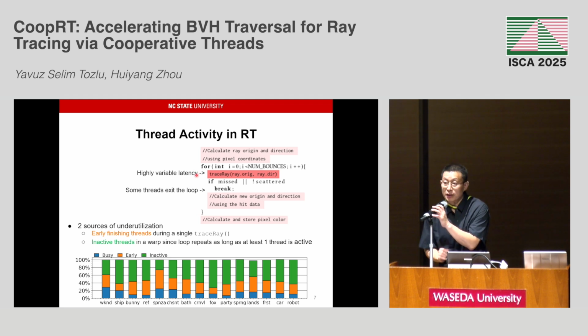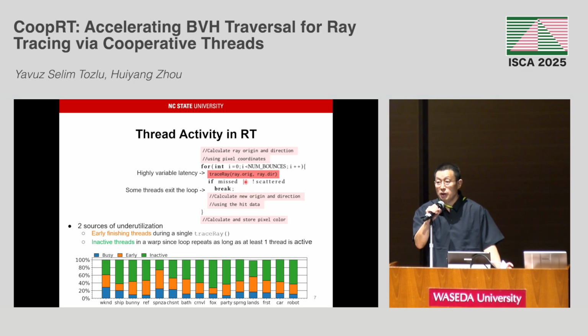It basically says, when a ray reaches an object, it will keep bouncing. This variable sets the upper bound of how many bounces the ray needs to keep going forward. And inside the loop body, this trace ray would be the tree traversal operation,